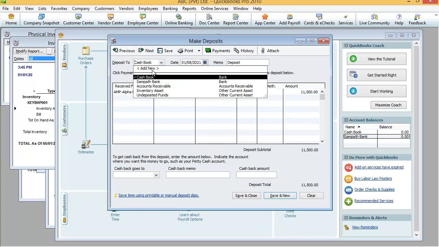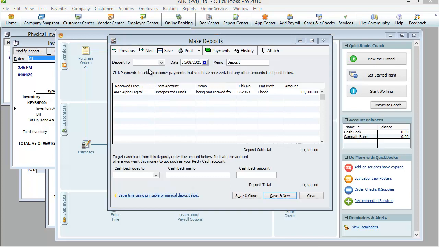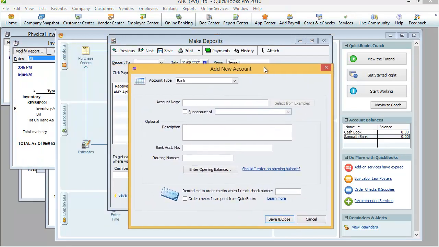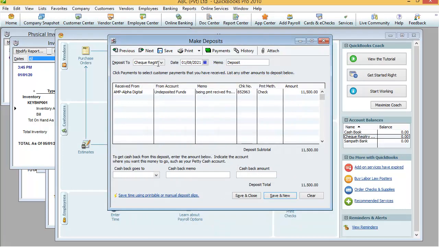From this point onwards, we can create a check registry book also. I'm going to create a check registry book through this shortcut. Click the Add New button. This will direct us to create a new general ledger account. I'm going to maintain a check registry book. This book will maintain all the collected checks, which means all are post-dated checks. We put the description here and click Save and Close. So that account is now available here.